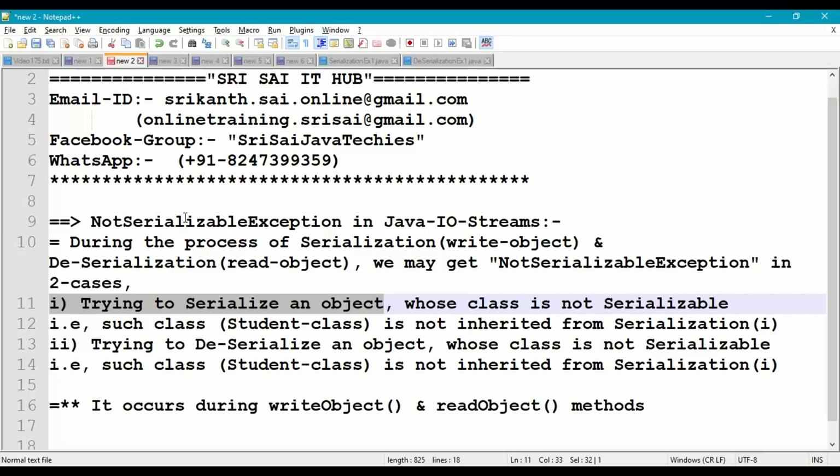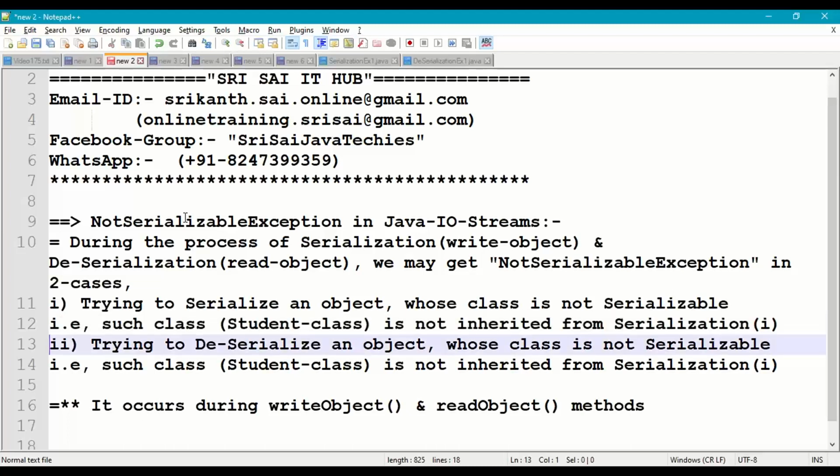So when we try to serialize an object, write object, whose class is not serializable, then we get not serializable exception. So it means such class like student class, what we are making it to participate in serialization process, is not inherited from serializable interface. In that situation, we are going to get the not serializable exception.